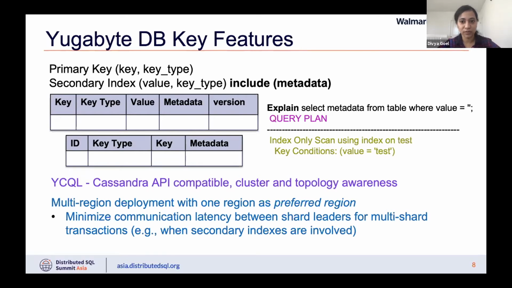Multi-region deployment is another key thing that we need for all our deployments. And we made one region a preferred region because we wanted to avoid cross DC communication, basically cross-DC round trips. If we have a secondary index and the primary key on different shards, and these shard leaders are located in different regions, then it has to do a cross DC call. Since our cross DC times were higher, we wanted to avoid any cross DC leader communication. So for that, we use a preferred leader region, with all the preferred leaders in one region.